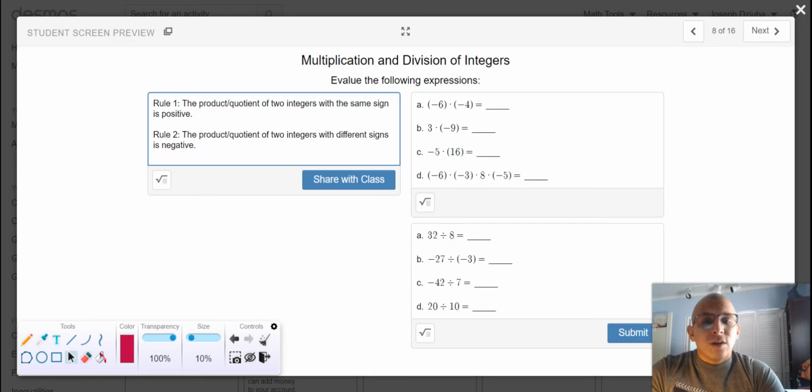I know that you could simply rely on a calculator here to determine these outputs, but I strongly encourage you to work through them on your own, because there's going to come a point in time, if you do plan on pursuing an advanced degree,